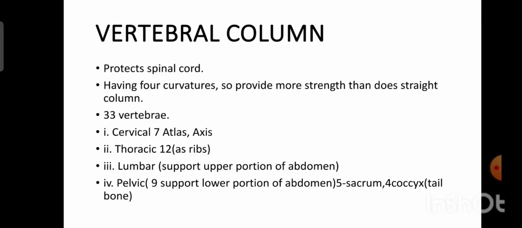The vertebral column in human beings consists of 33 vertebrae. Vertebrae are divided into the following 5 groups: cervical, that consists of a total of 7 vertebrae; thoracic, that consists of 12 vertebrae. Then comes the lumbar vertebrae, which is present in the abdominal region and has 5 vertebrae; sacral vertebrae, and coccygeal vertebrae. The first region in the neck is known as the cervical region. The atlas is the first cervical vertebra and axis is the second one.